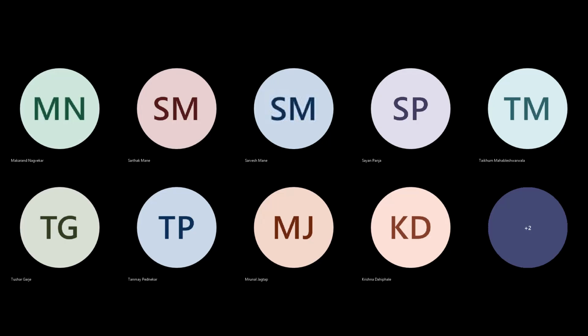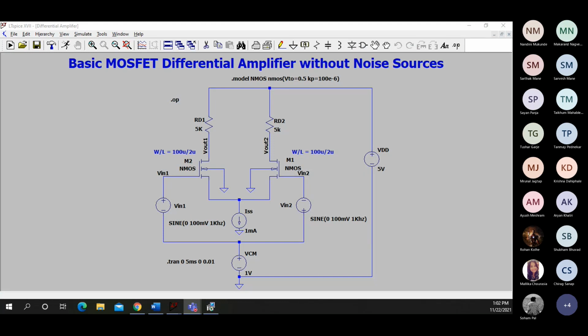Okay, so let us start. In our last lecture we introduced the basic concept of the differential amplifier, and the primary use of the differential amplifier was to suppress the noise. There were two types of noise. One was the noise in the input itself, and the second could be the noise in the power supply.